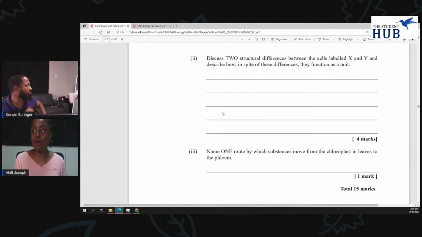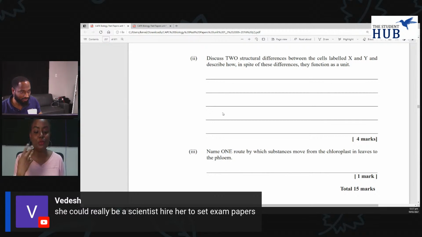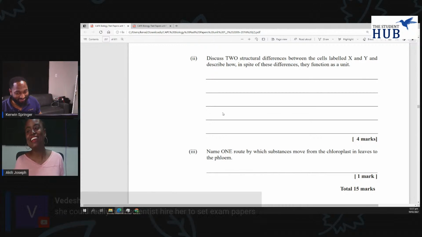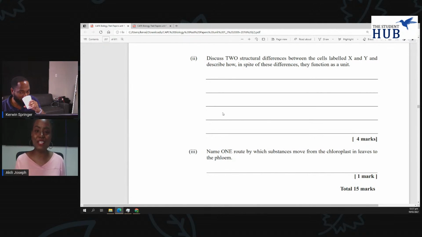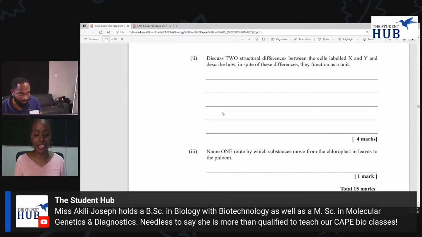So that's it too. And then how they function as a unit is because one of them provides services that the other one cannot, right? So, for instance, your companion cell has ribosomes, which is key in making proteins. Proteins that need to be present in your sieve tube element, but they can't make for themselves because they don't have ribosomes. So they work as a unit because one is providing or helping the other one get all the resources and the components that it needs,